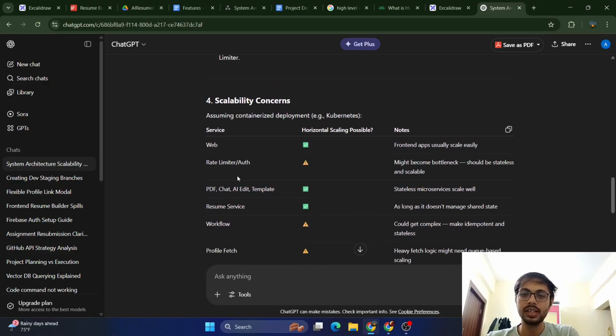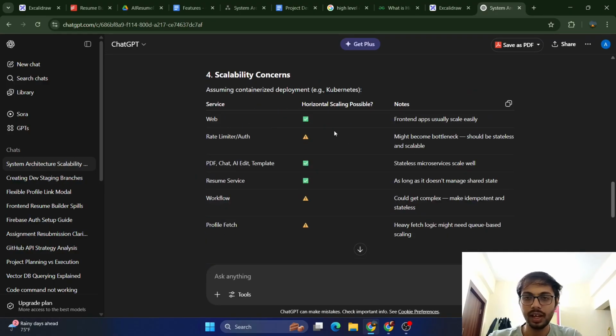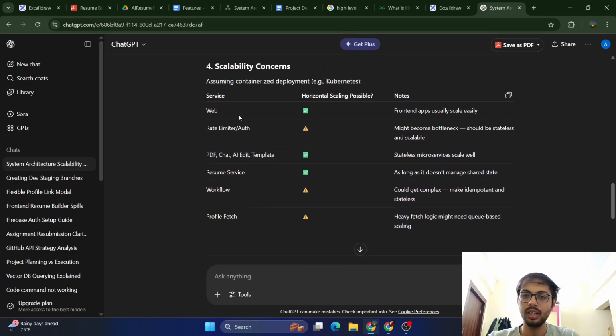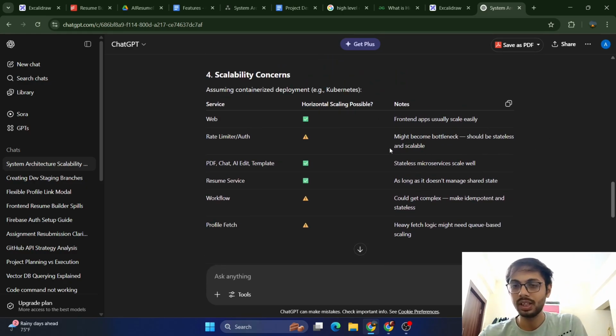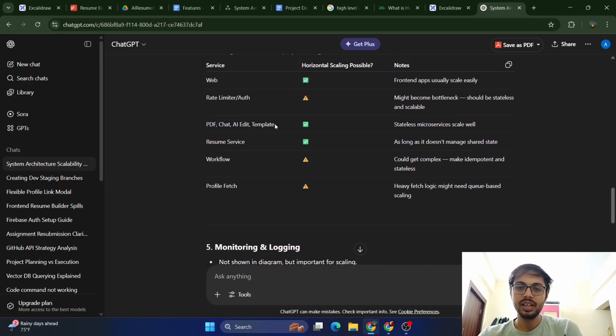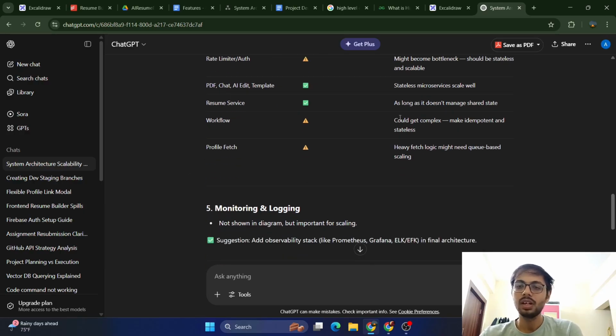और स्केलेबिलिटी कंसर्न्स में कह रहा है कि वेब तो ऑल राइट है, rate limiter might become bottleneck, should be stateless and scalable. It will be stateless. PDF chat AI edit template, stateless service, resume service workflow could get complex, make add-on potential. But right now it's all right for the initial step, initial state. अभी तो ठीक है, ये चलेगा। प्रोफाइल फेच सर्विस, heavy fetch logic might need queue based scaling।